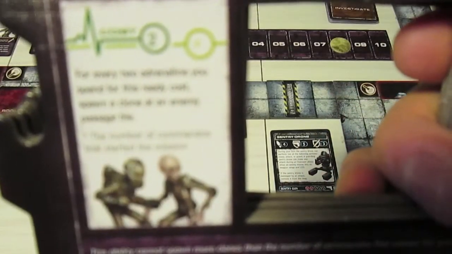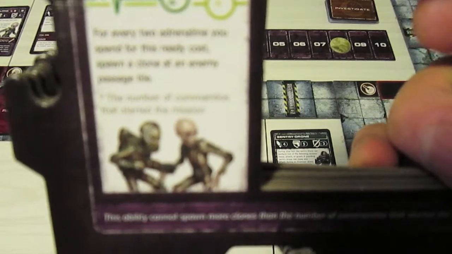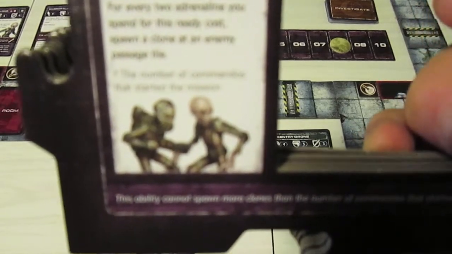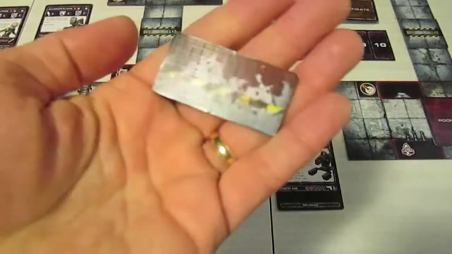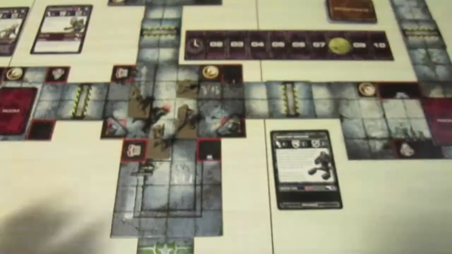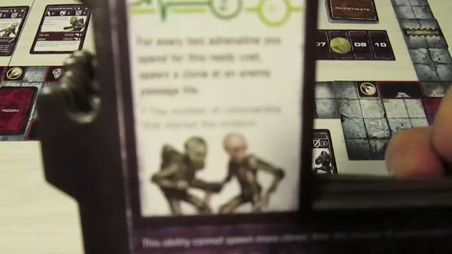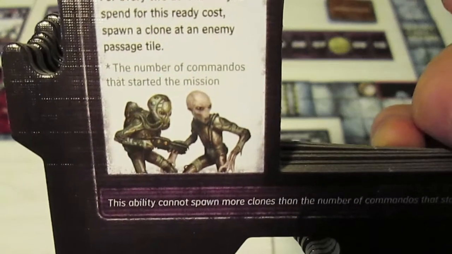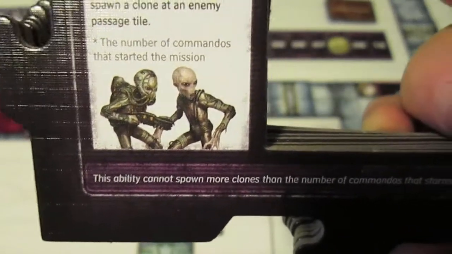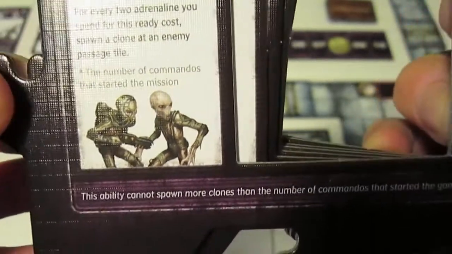Clone reinforcements. This one now is slightly different. It says for every 2 adrenaline you spend for this ready cost, spawn a clone at an enemy passage tile. Now these are enemy passage tiles. We don't have any yet on the board. I'll explain that a little bit once we go through these cards. It does not have a committed cost. So basically you can spawn up to 3 because there are 3 commandos in the game, but at an entry